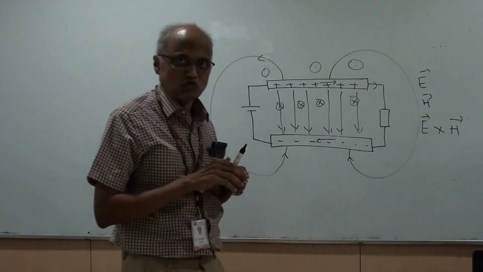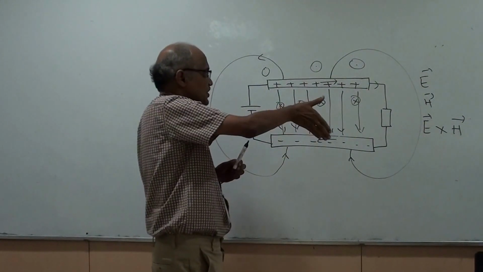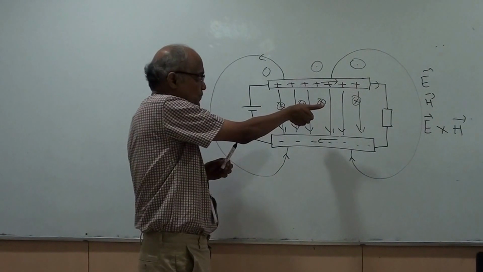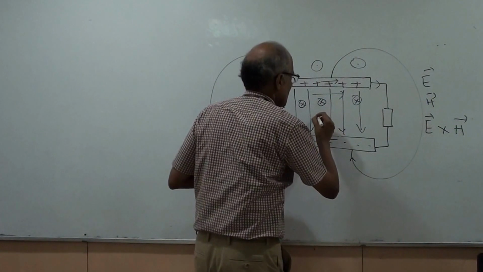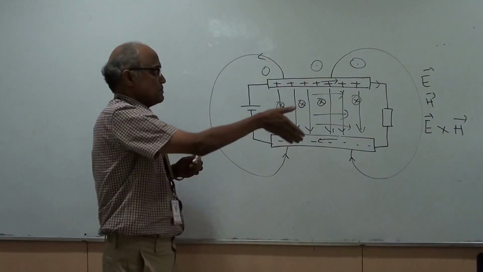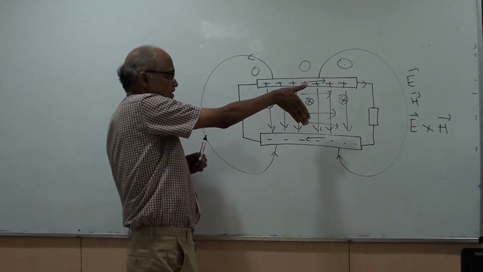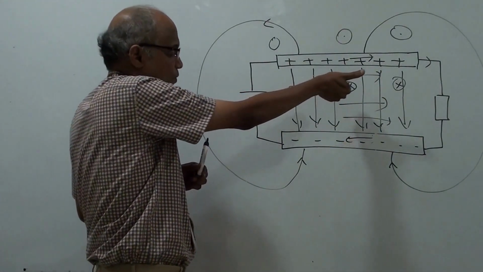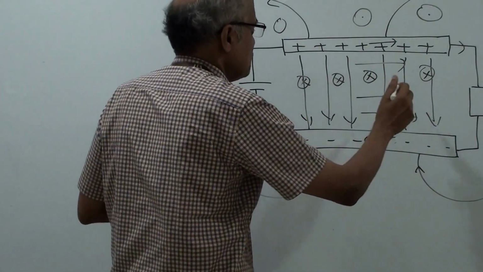Now apply the right hand rule, E cross H. So this is the direction of E and this is the direction of H. So the current flows from left to right from the source to the load. This will be the direction of the power flow. The power will flow from the source to the load, because between the two conductors, the electric field is in the direction of my palm and the magnetic field is into the board, and my thumb points from left to right. Therefore, the power flow between the plates will be from left to right.